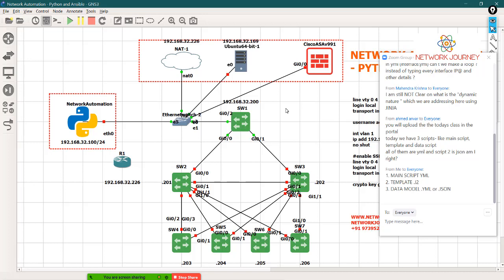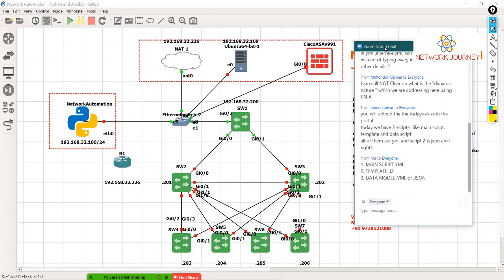Doesn't matter how much network knowledge we have. Even I'm one of them. I used to hate software and I never preferred a software job. I preferred networking because it was away from scripts and languages. But eventually, we are landing on the same thing which we were ignoring. The only good thing is we are learning those 10 to 15 lines, whereas C++ and Java are like 300 lines of scripts. So at least we are learning 10 to 20 lines. I think we should know this if we want to be on the trend of what's emerging right now.